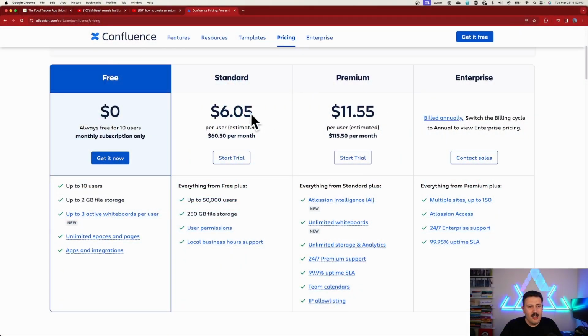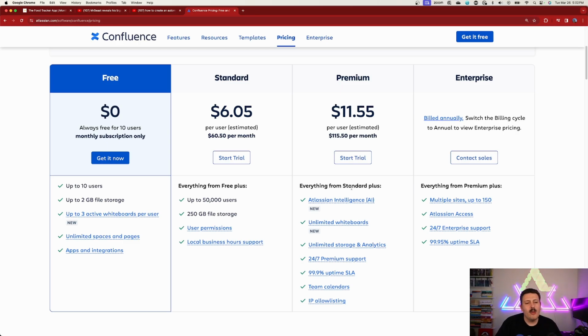So you can clearly see where Atlassian's goal is with this, which in my opinion, not to divert too much from the topic of the video, really does kind of hurt my soul a little bit, because one of the reasons why a lot of people joined the Atlassian community is because of its low barrier to entry. But now we're slowly starting to see that if you want all the bells and whistles, you really have to start paying a lot. And it's not like it's a couple dollars more, right? You're essentially doubling the price. You're going from $6 to $12, at least here in the US.